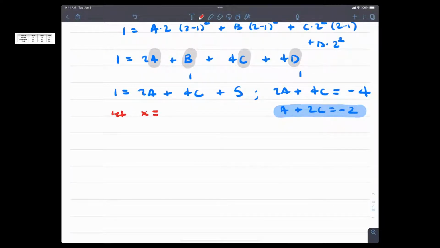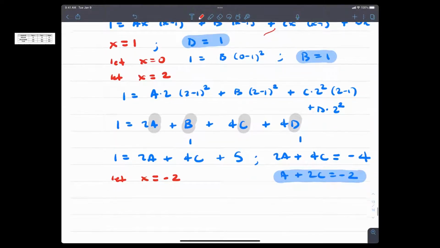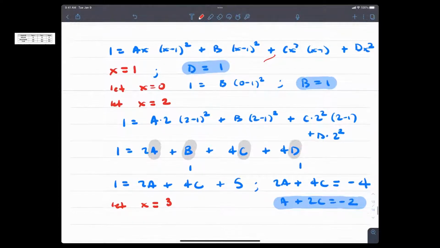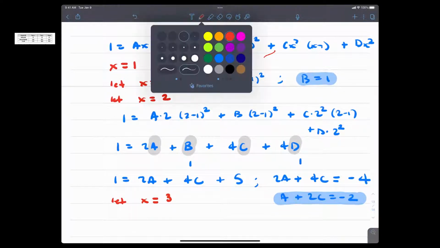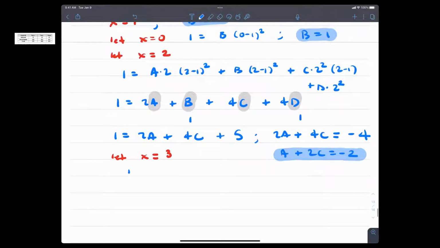Let x be now, you might say, maybe we let x be -2 now. Okay? Doesn't have to be -2. It could be any value. Maybe you want to let x be 3. Maybe you want to stick with some nice positive numbers. It doesn't matter. But go back and see what kind of system you're going to get here. So 1 will be here. We'll say 1 equals